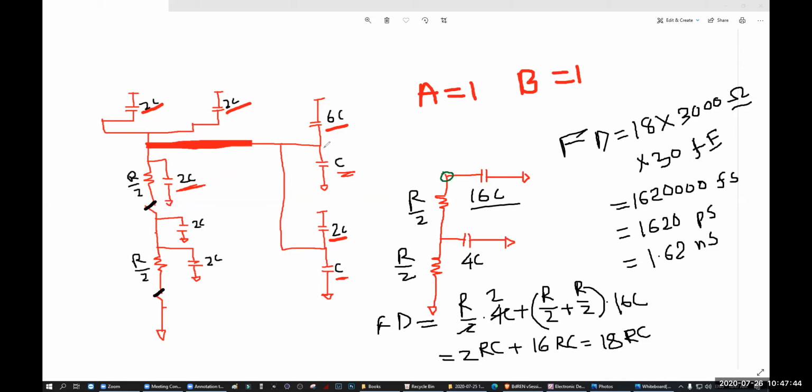Remember I told you, this is 2C, 2C, this is 6C and 2C. That means they become 8C. 8C and 4C become 16C. This 2C, 2C, 4C, 4C and 8C become 12C. Remember, I have drawn 12C here. And this C and this 2C, we are connecting them and making them 4C.